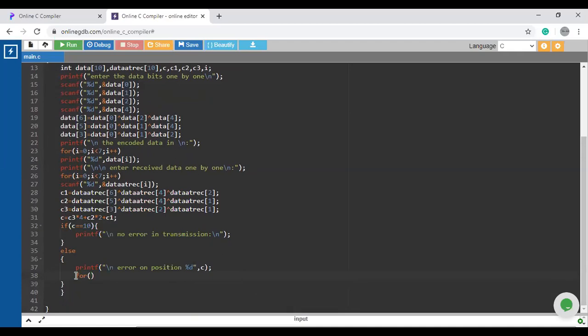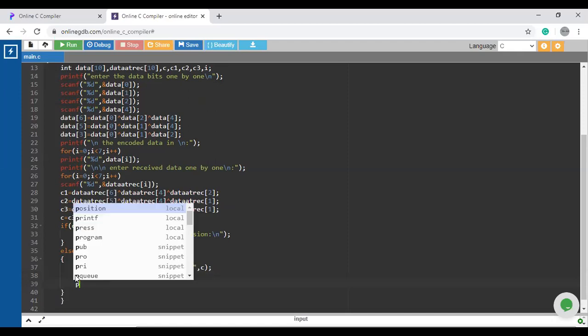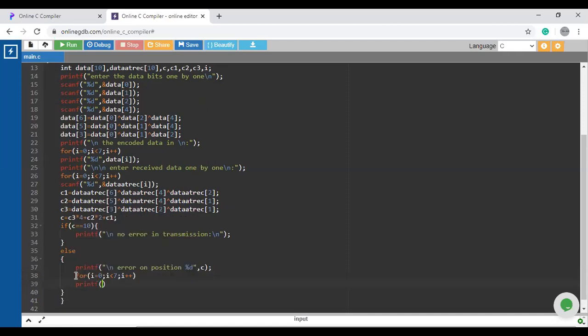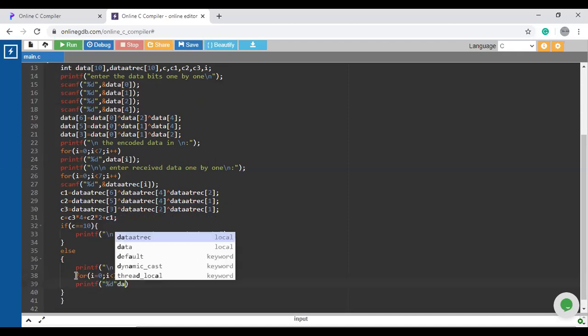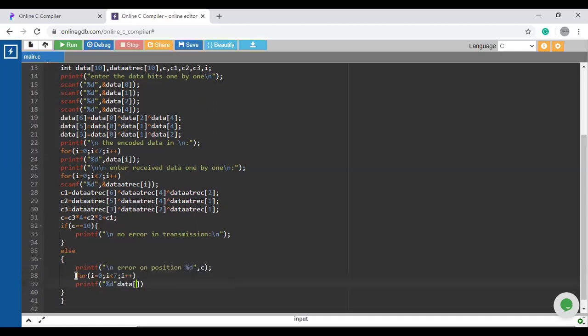For i equal to 0, i less than 7, and i plus plus, printf, data sent by the sender, which is stored in the array of data.